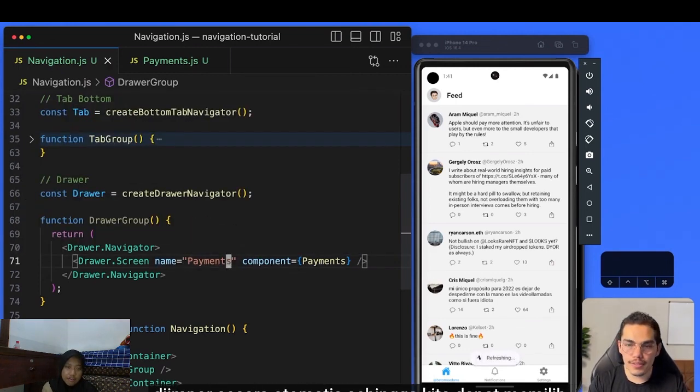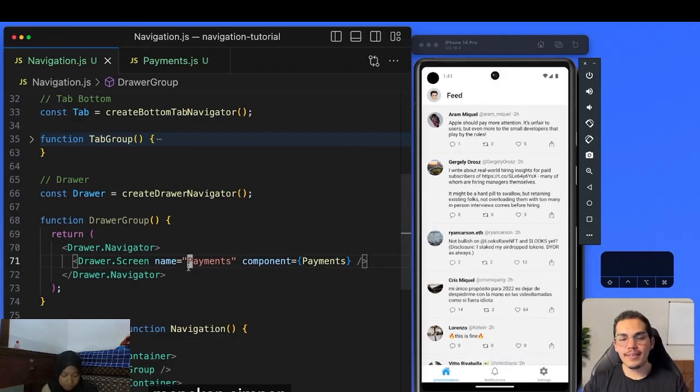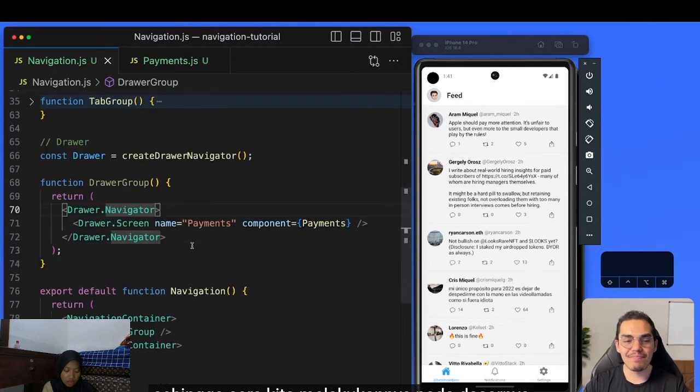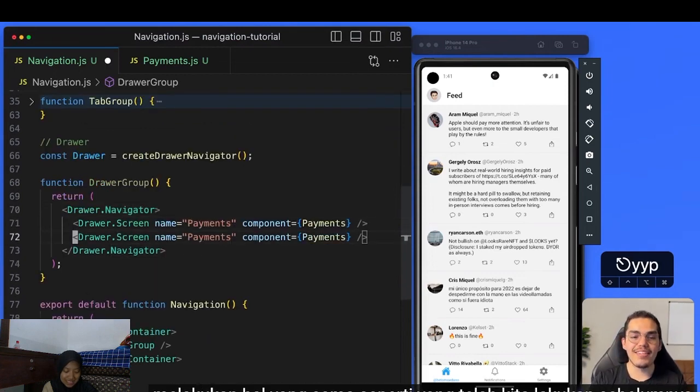Cool. Now if I hit save, how can we make this drawer accessible on top of all the navigation that we have already? Because we have a stack navigator that has nested a bottom tab, and then we want to add a drawer. So the way we do this is basically doing the same that we did already. Instead of having